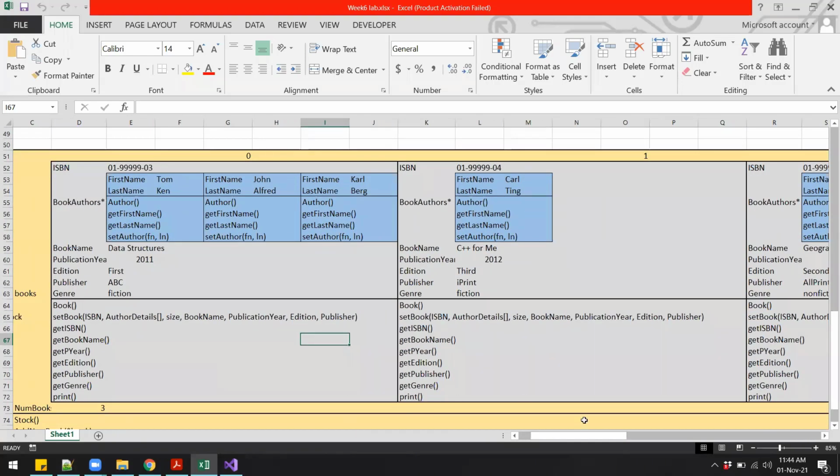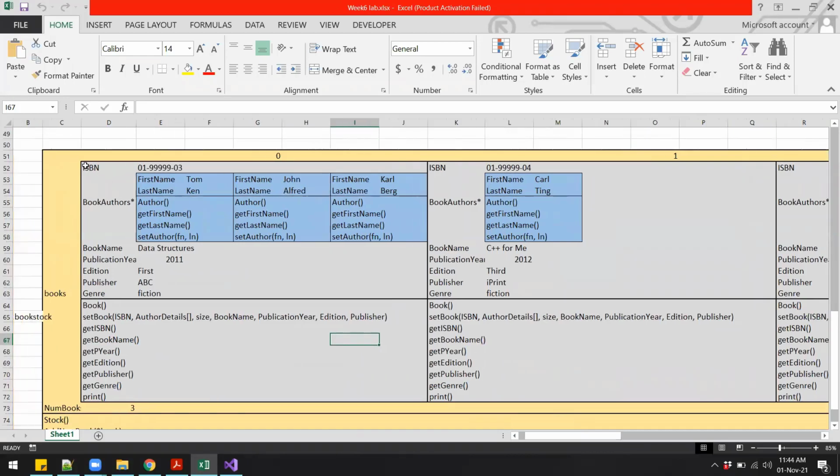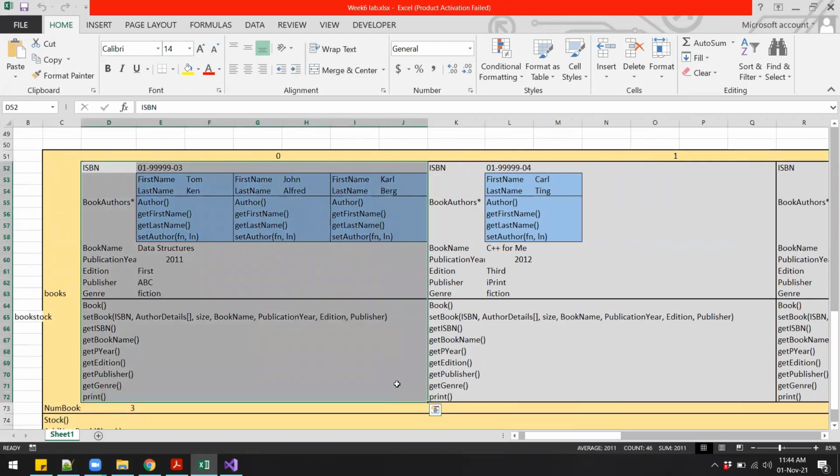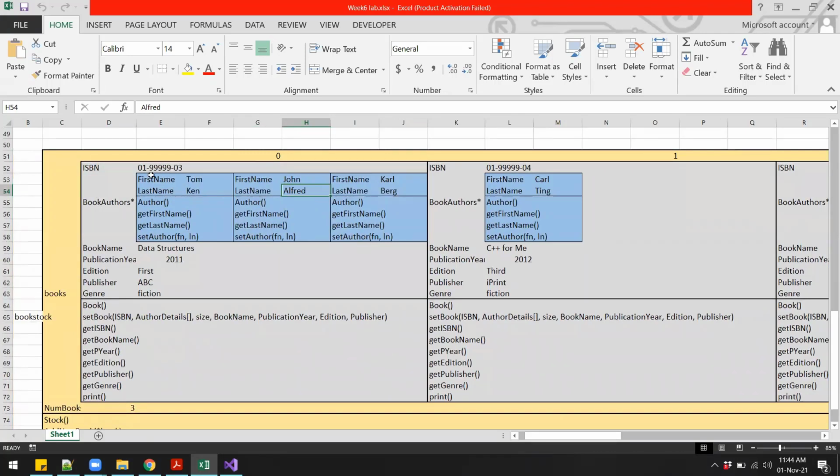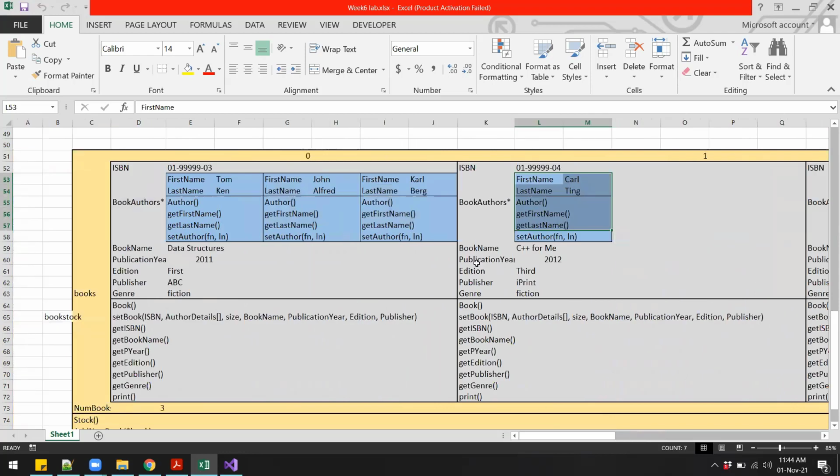So you will notice that in the book class, this is one book object. In the book object, the number of authors is now variable. In the first one it is 3, then we have 1, and then the third one is 2. So the length of the author array is not fixed. It is not 3, it is of variable size. If you look at the book object, we have one more attribute over here, that is the genre of the book, which for this book is fiction.